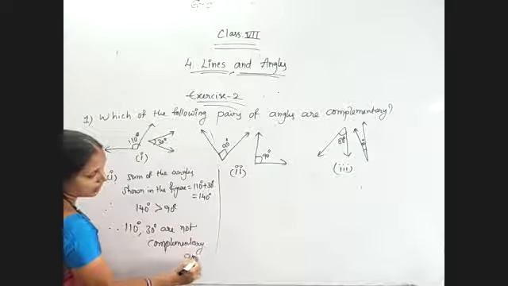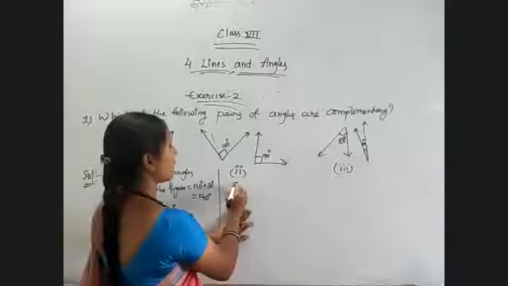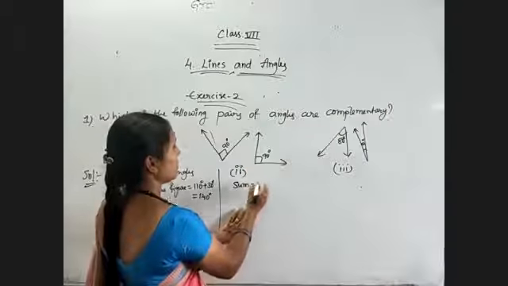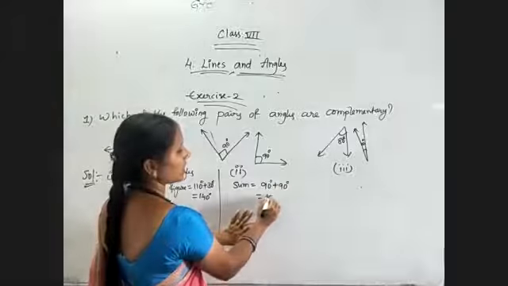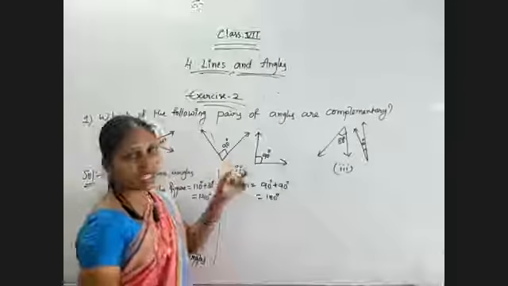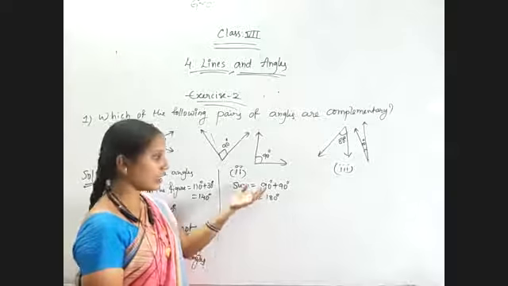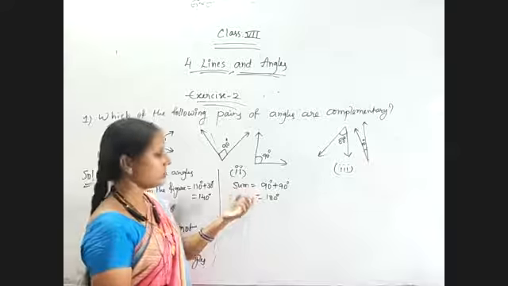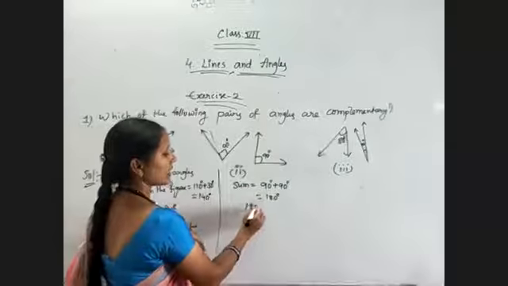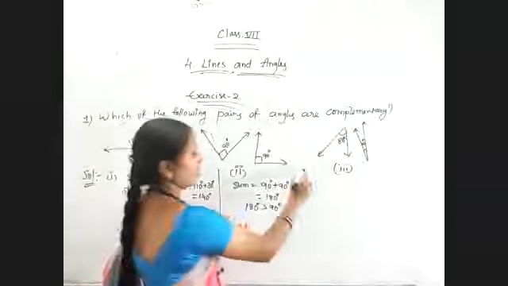That's it. Now coming to the sum of these two angles, the sum of the given angles is equal to 90 degrees plus 90 degrees, which is equal to 180 degrees. Even with one angle being 90, we can't get the other angle. Sum only 90 we must get. If it is equal to 90, can we take another angle? No. So the sum is greater than 90 degrees. That's why it is also not a complementary pair.